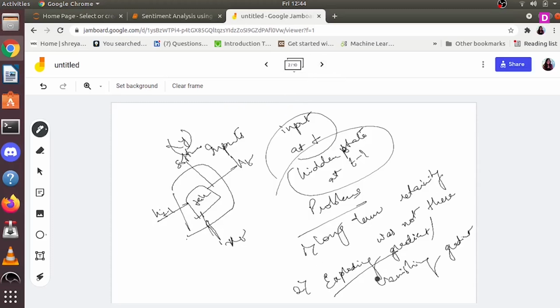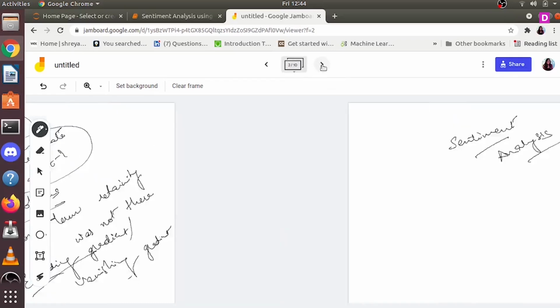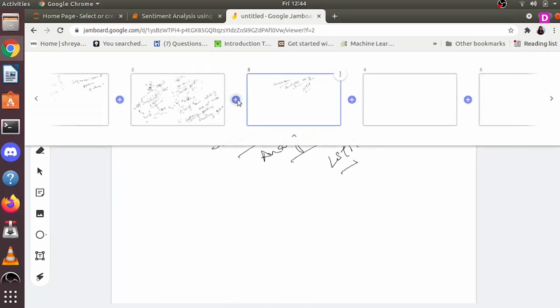Why was this a problem, if you remember? Here you just have a tanh, and inside that you have W, ht minus 1, xt and b. So these are the few terms, and it is just passed through a tanh function. This is more of a multiplicative statement. If you have multiplicative values, your backpropagation is going to be very high, right? So in that case, you might have these problems of exploding gradient and vanishing gradient. Hence we had the concept of